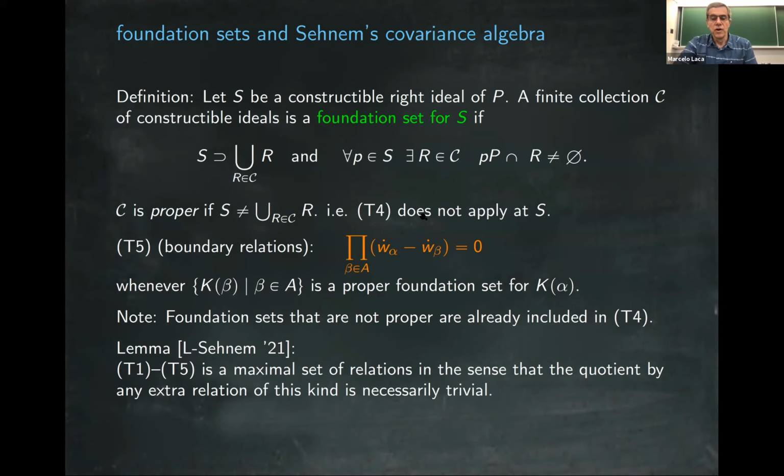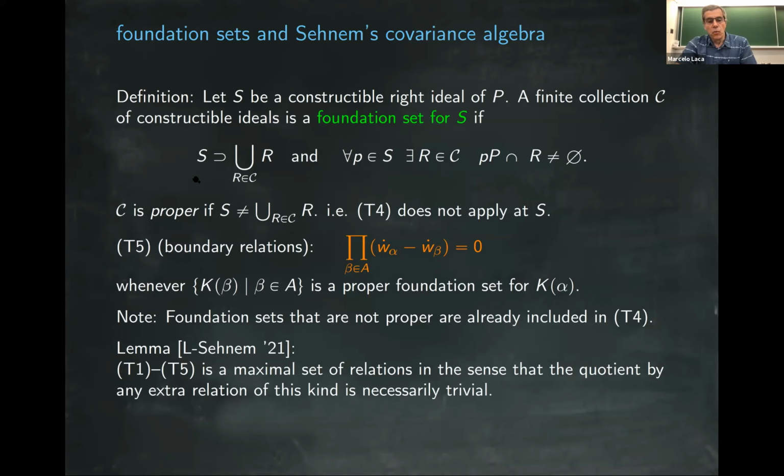But if S is not 4, then we can apply a new boundary condition, which we call T5, and it's the same condition as before. The W dot alphas minus W dot betas is equal to 0. The product is equal to 0. But now this is applied to a different kind of set. It's applied to the sets